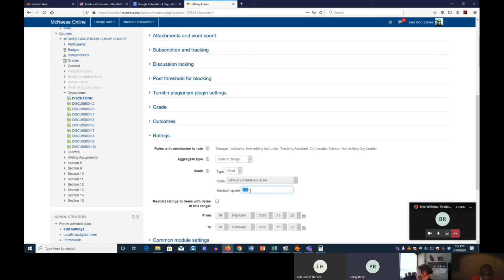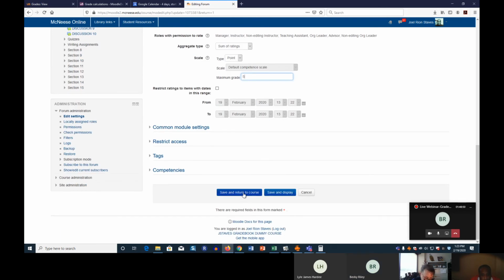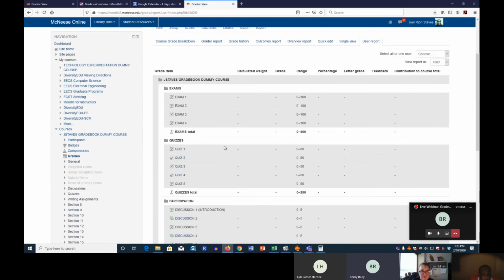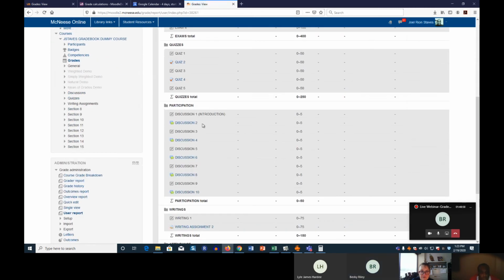And then let's say 5 points, because that's the max that I think I had in there initially. But you can set them to whatever point value you wish. Once you've done that, you'll save. And then when you go to grades, you see